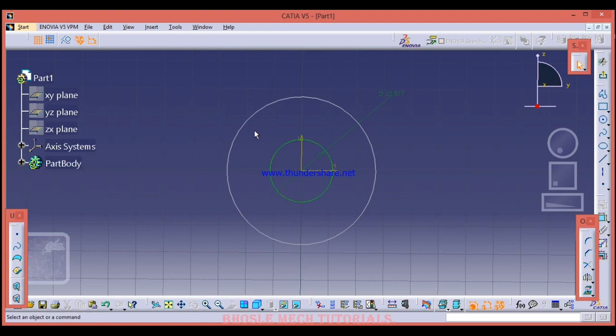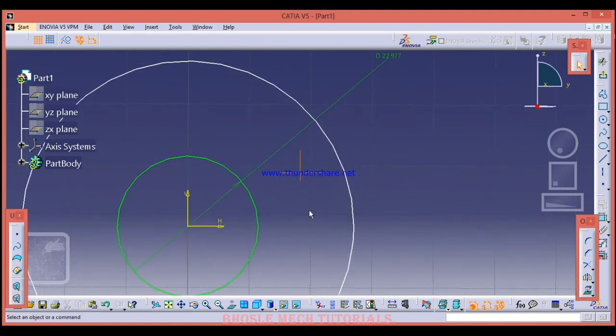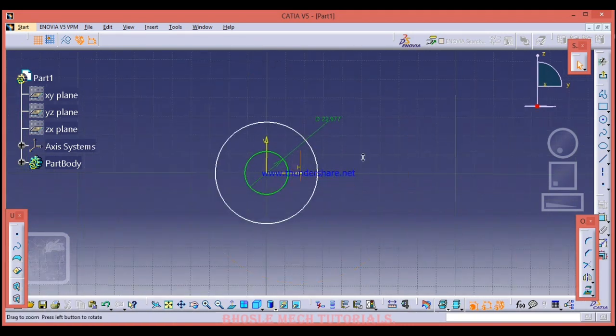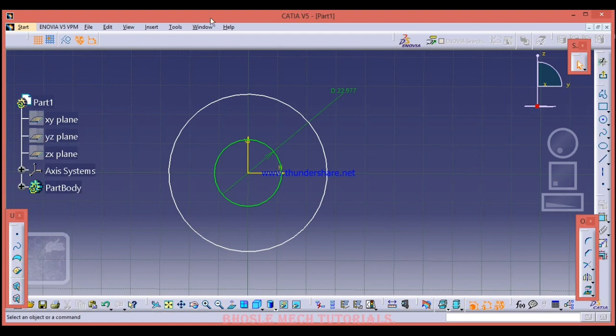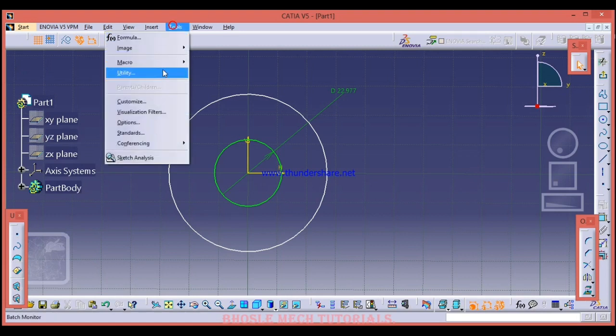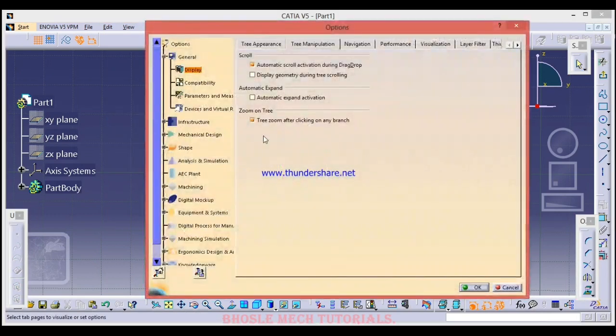Then no one will manipulate your design. After that, just one click on this and you can get an active sketch. In this way, this option will help. So it's your wish if you want to keep it active or inactive.